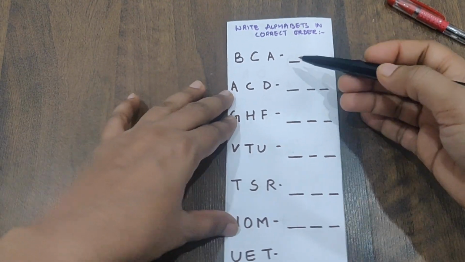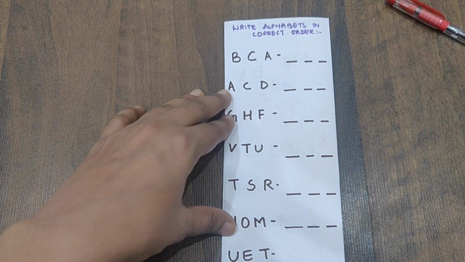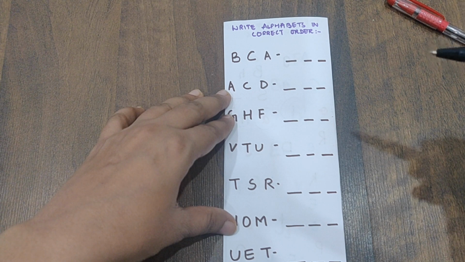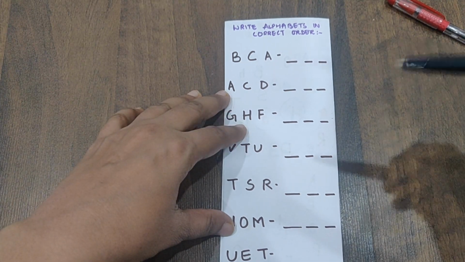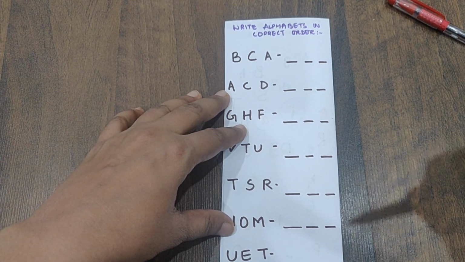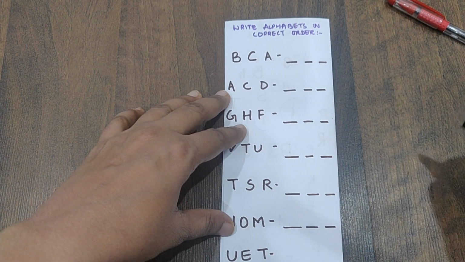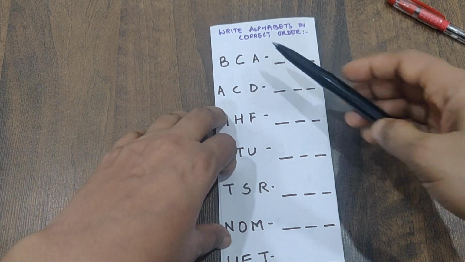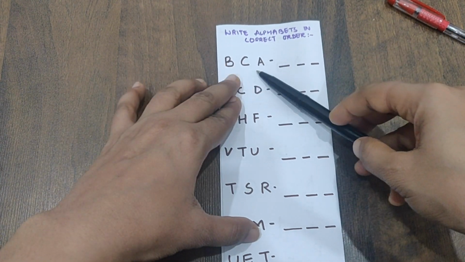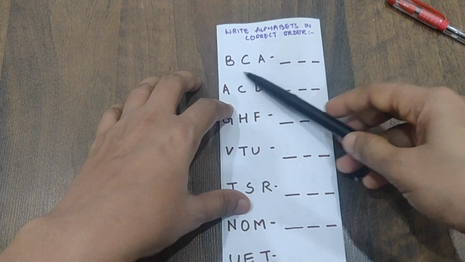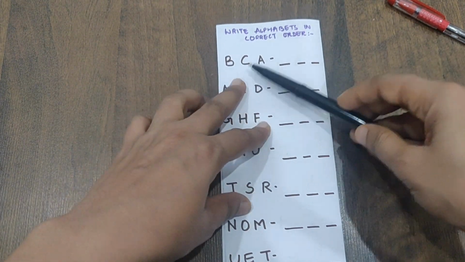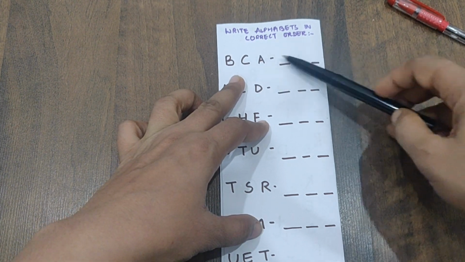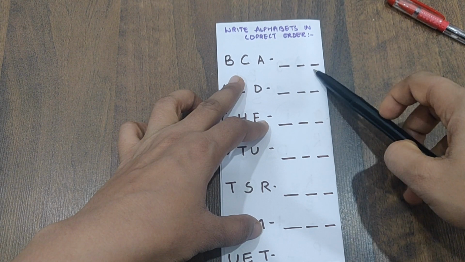Now you can see over here that I have written: write alphabets in correct order. What do I mean by correct order? Order in the sense from A to Z, the alphabets are arranged in a proper order, like A, B, C, D. They learn a song also related to the same, the alphabet song, related to the correct order while they are writing it. So I have given it in a jumbled form and they are supposed to mention the right order. So if it's like B, C, A, they need to find out which letter is going to come first. So first of all it is A and then B and then C. So 3 blanks are done over here.